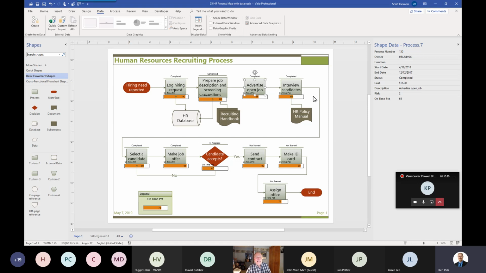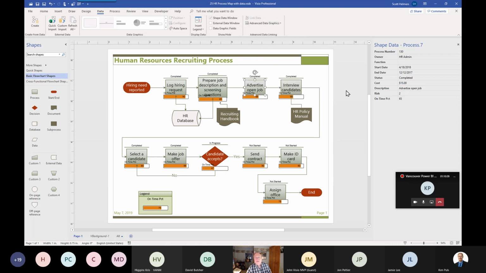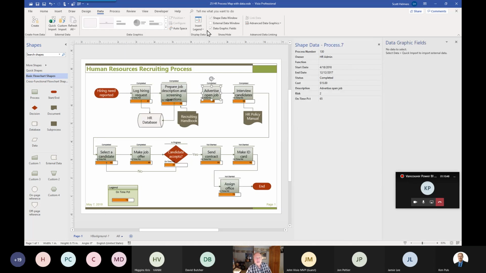Yeah, very good question. The answer is that this particular section of the Data tab is lit up when we have done what we're about to do next, which is link to external data. Otherwise, what I rely on is just using the gallery myself and exploring, creating the visualization types that I want. Oh wait, I'm going to make a liar of myself. There is a way to turn it on, and I occasionally forget about this. There's this button called Data Graphic Fields, and oh no, I actually was right. Yeah. So unless John Marshall remembers something, a deep secret that I've forgotten, it does require the linking, which we're